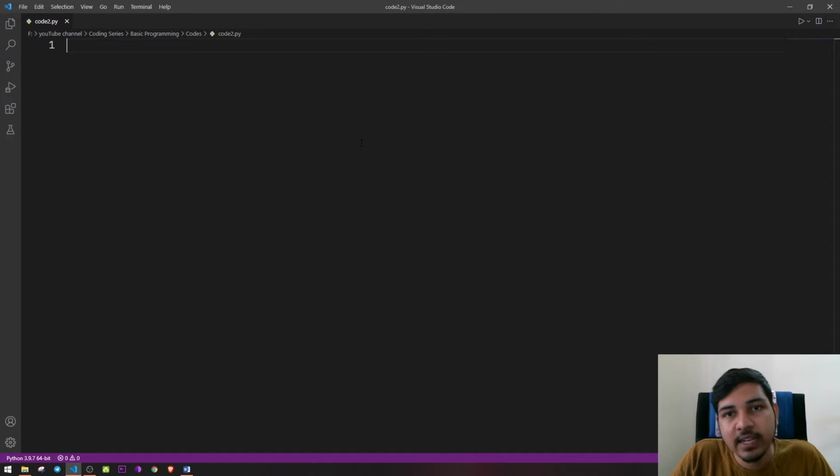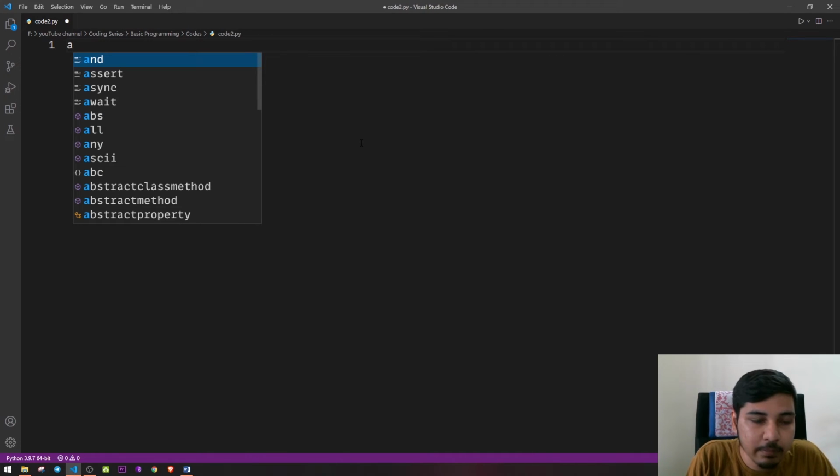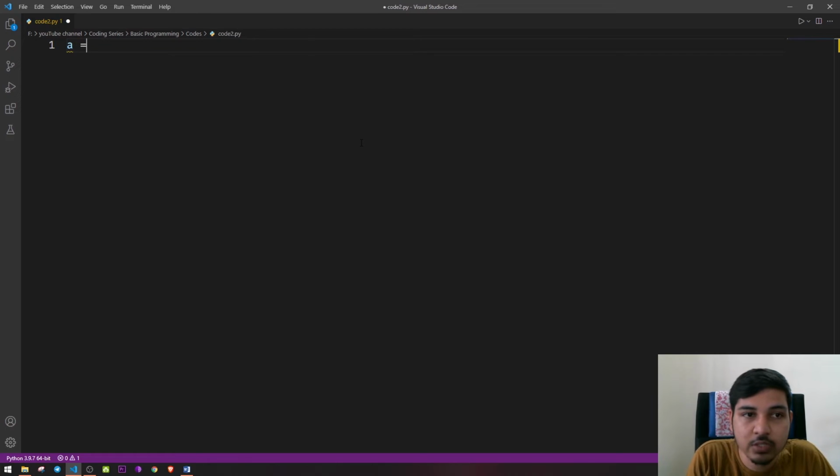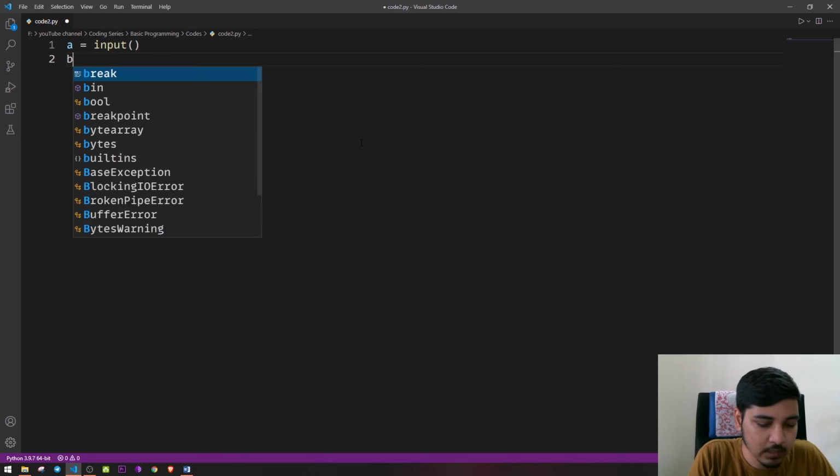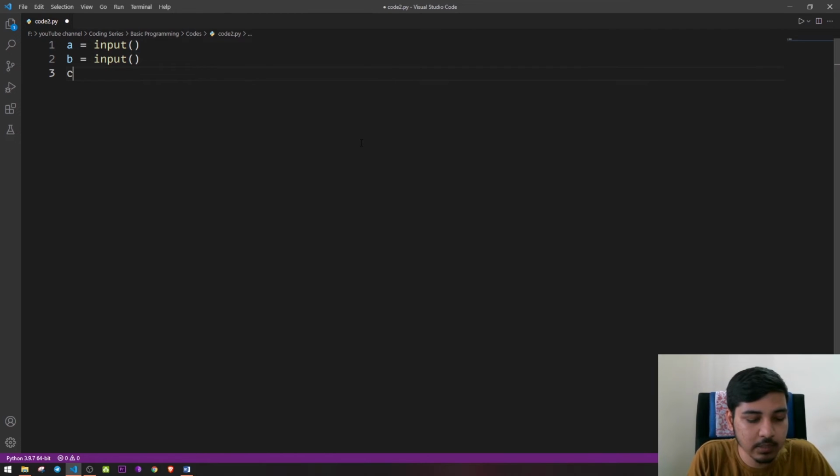So first we need to take three inputs from the user, three lines, right? We have a function called input in order to take any input from the user. So let's say a, b and c are three variables where we will store the inputs. First input, a is equal to input; second input, b is equal to input; c is equal to input. So a, b, c contain the three values given by the user. And next we need to convert each value to its respective data type. How are we going to convert? We use int, float, and bool functions in order to convert these a, b, c values to their respective data types.